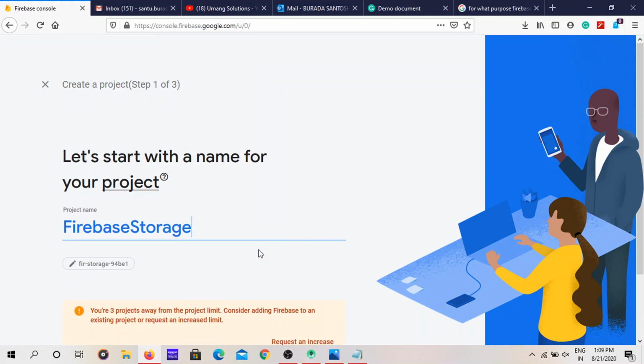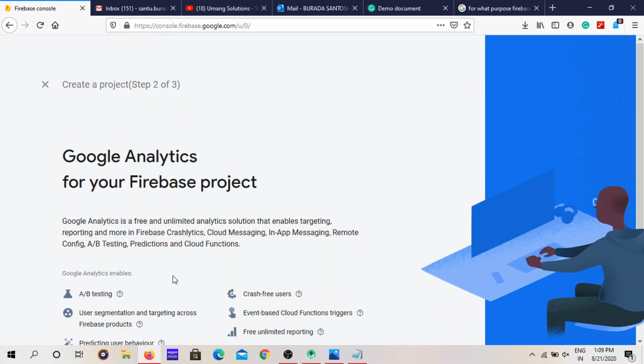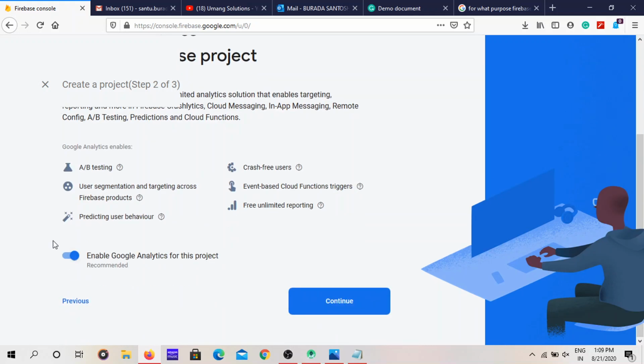Yeah, Firebase has some limit. You can create only a limited number of projects. So I have only three projects away. When I created this, I have only 2 projects away from that limit. Yeah, now continue. Enable Google Analytics for this project and continue.